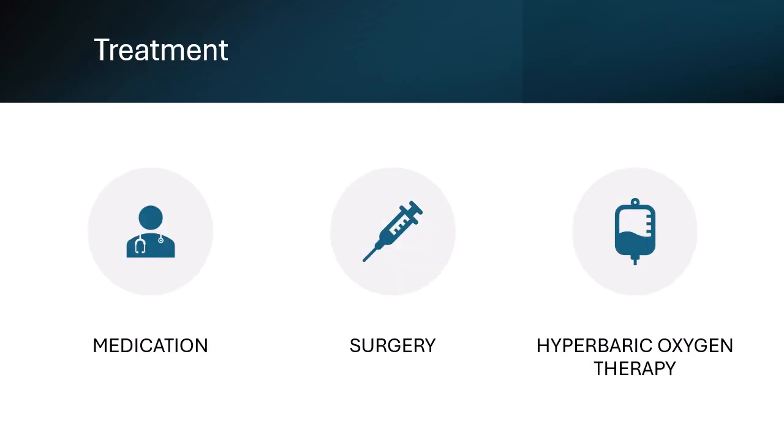Finally, there are 3 types of treatment, and we'll go through them one by one. So the first one is medications. You have to have medications to treat a bacterial infection, and these are given either intravenously or orally. Pain medications can also be given to relieve discomfort. You can have surgery or other procedures. Depending on the type of gangrene and its severity, more than one surgery could be needed. Surgery for gangrene includes